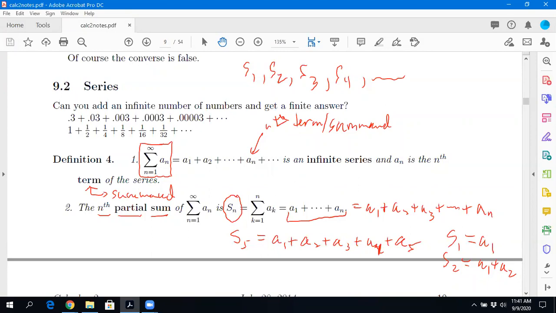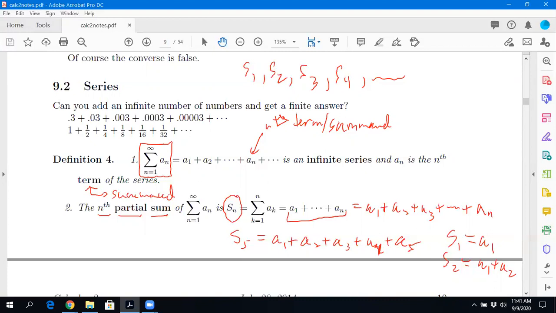Everything about series is tied up in the sequence of partial sums. I can completely determine what's happening with a series by looking at the sequence of partial sums. Okay, so once again, to figure out what's happening with a series, what do I look at instead? The sequence of partial sums. And if I can make sense of what's happening with the sequence of partial sums, I will in turn have figured out what's happening with the series itself.